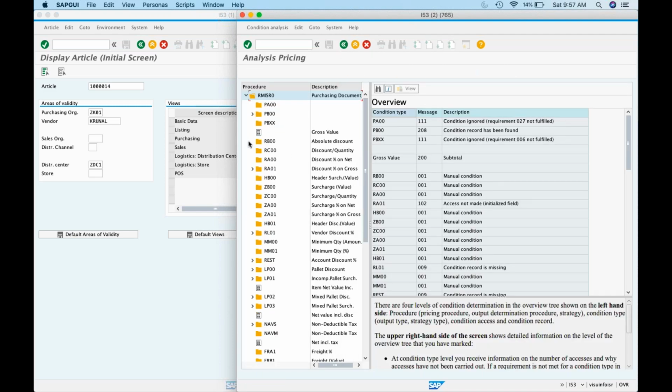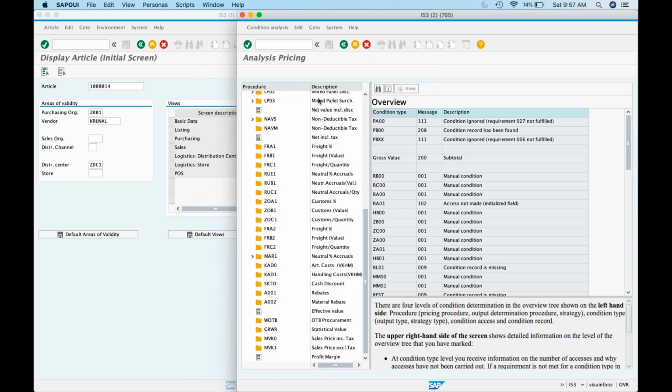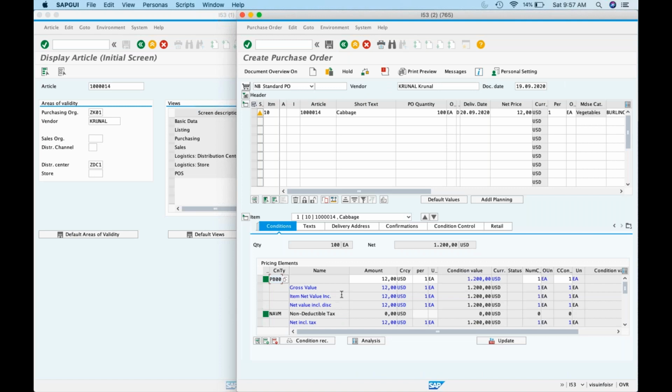Whereas otherwise none of the conditions are fulfilled. So you can go down, nothing is there. Tax, nothing is there. So directly you can analyze how the pricing has worked. So 12 rupees is the major one. After that, no tax, nothing. So there is no tax, MEK0 inclusive of tax, nothing.